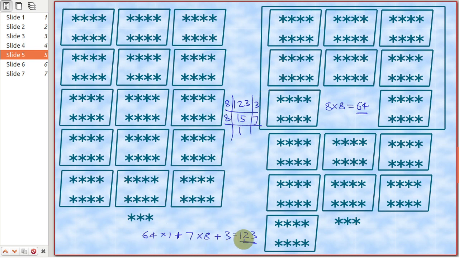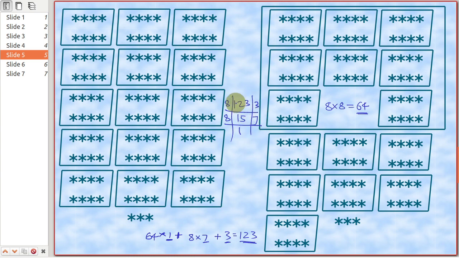So this total is 123 in decimal, but if you want to write that number in octal, then what will you write? 1, I should have written this 8 into 7. It's the same thing, but basically the powers of 8 I have shown first, right? So let me be consistent with that. Sorry for this mess. 64 boxes of 1 each, so 173 is my answer, right?